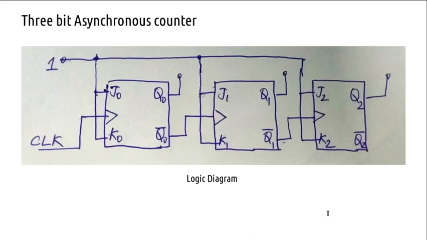So if n is the number of bits, or n is the number of flip-flops in the counter, the number of states will be given by 2 power n. Now it's possible to have a fewer number of states. Suppose you have 3 flip-flops and you want a modulo 5 counter. That means what will be the states? Mod 5 counter means how many states? 5 states. So from 0 to